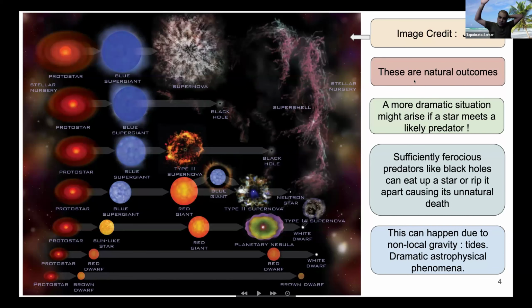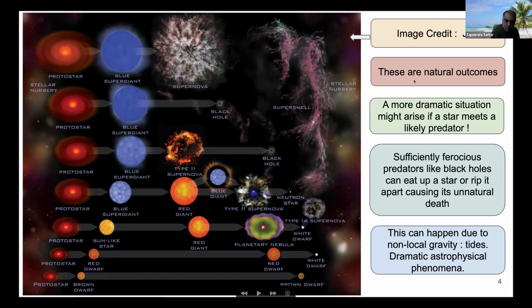These are outcomes when you leave a star alone, purely by internal mechanisms. The internal mechanisms will trigger various types of reactions, and if you wait for a long enough time, then by evolution, with the hydrostatic pressure balancing the nuclear pressure, all sorts of things will happen. Finally, if you leave a star alone, the star will settle down to one of these: the star will die, basically. It will be either a white dwarf, a neutron star, or a black hole.